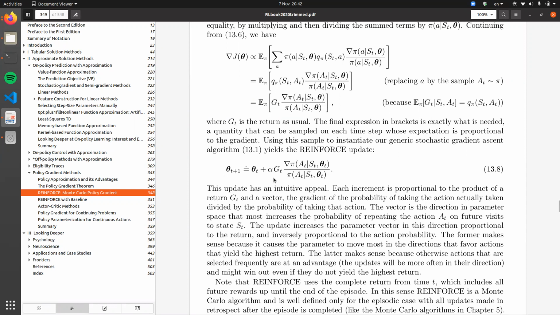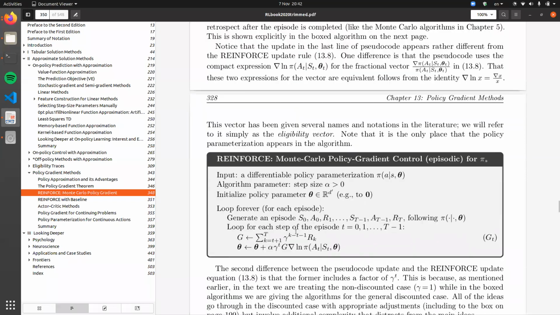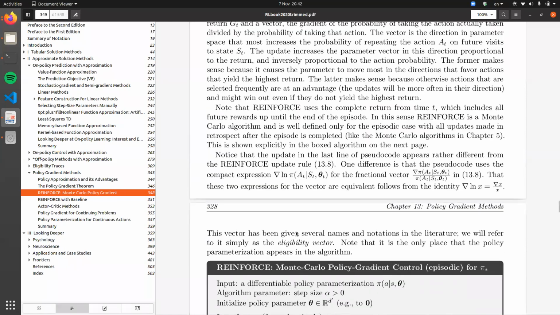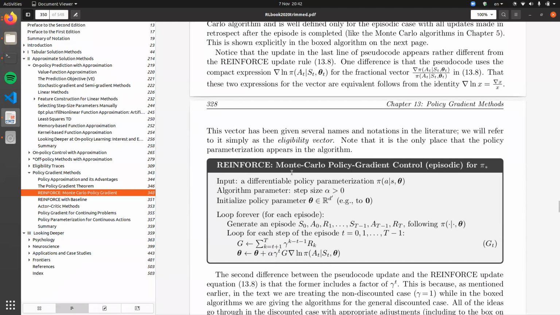So now we can update using the gradient with respect to a particular step sample using our policy pi. And using this, we can get the REINFORCE algorithm, which can be thought of as a Monte Carlo policy gradient for